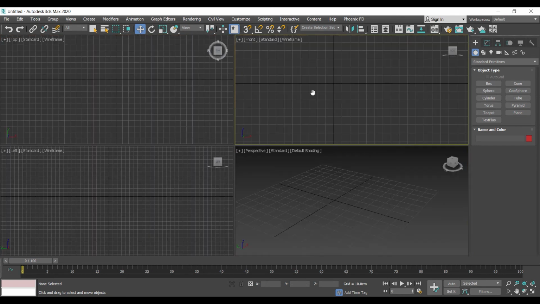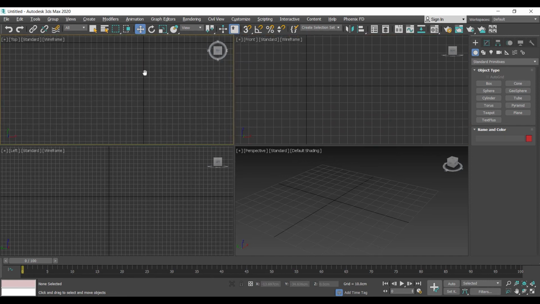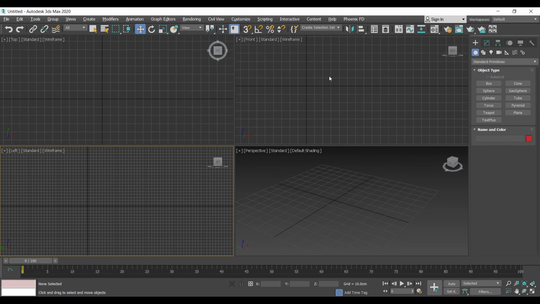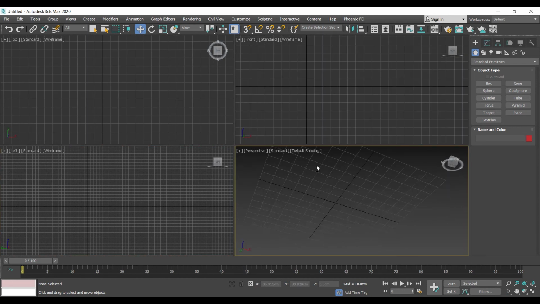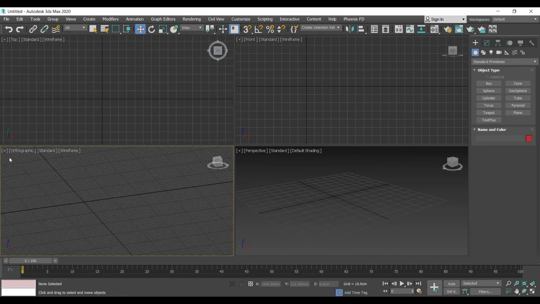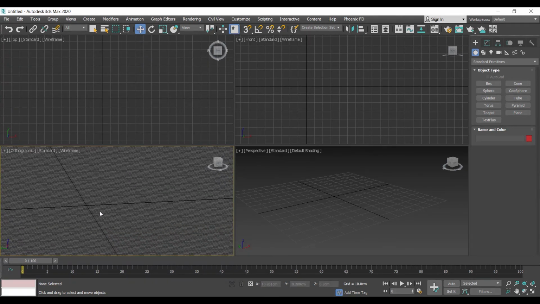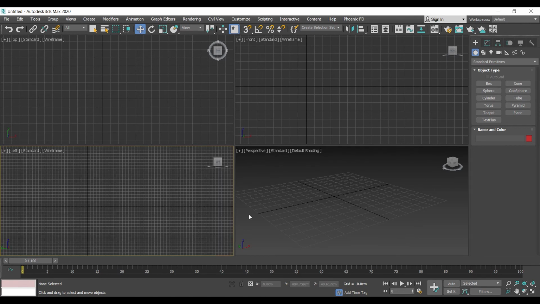We can also pan in the front view, top view, left view, and definitely zoom in and out in all these views. But if we want to orbit, it's preferably to orbit only in the perspective, because if I orbit in the left or front or top, it will change this viewport from left to something called orthographic, which is not a big deal, but we can definitely go through it later on.